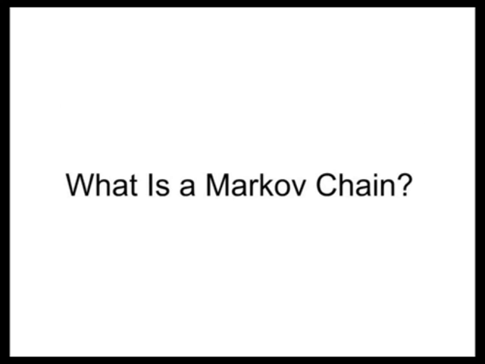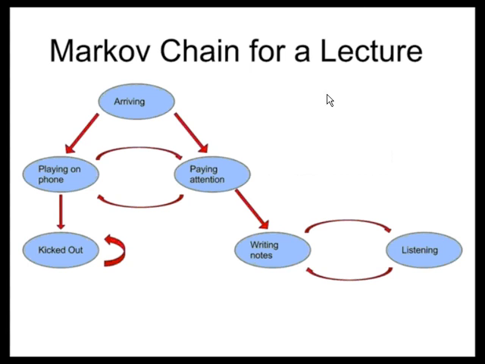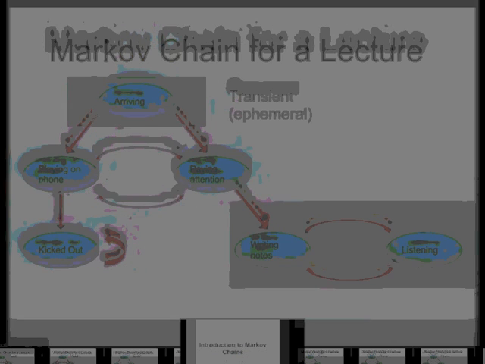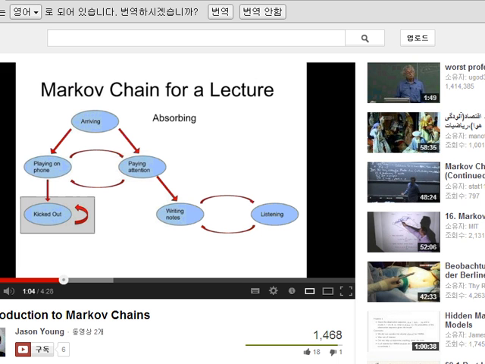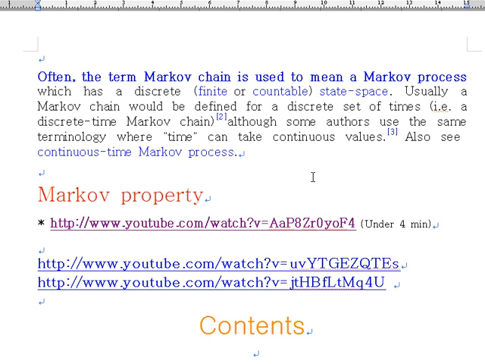A Markov chain is a way of modeling a system, and the main properties of a Markov chain is that it has states and transitions. As we're looking at discrete Markov chains, the transitions are given by the probability of transitioning between two states. But there are also continuous time Markov chains that we will not be covering today. Here is the Markov chain for a student in a lecture. Here you can see our first state, arriving, is a